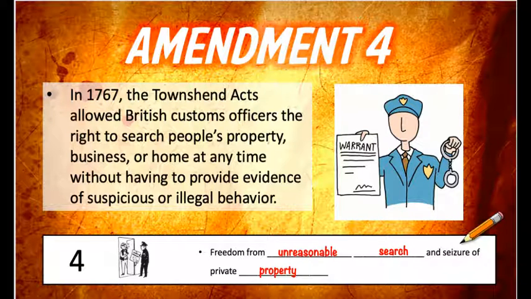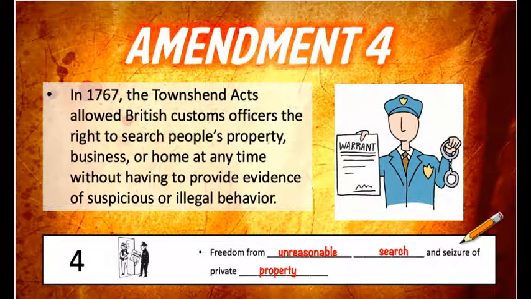Amendment 4. In 1767, the Townshend Acts allowed British customs officers the right to search people's property, their business, or their home at any time without having to provide evidence of suspicious or illegal behavior. Amendment 4 is freedom from unreasonable search and seizure of private property. Unreasonable search and seizure. That means